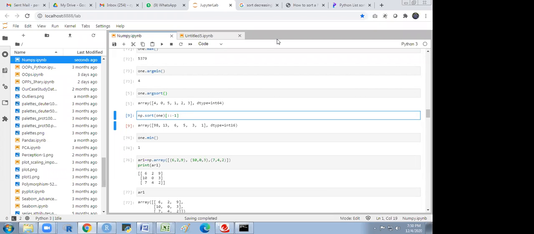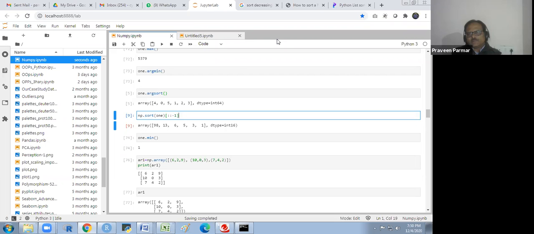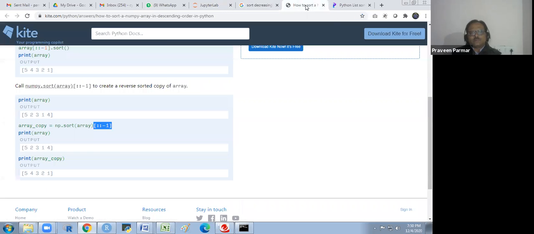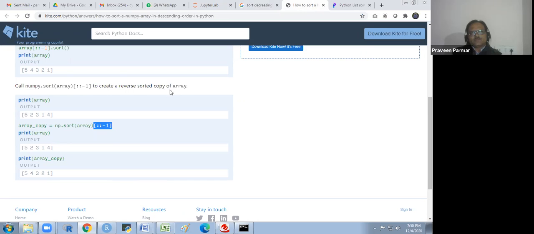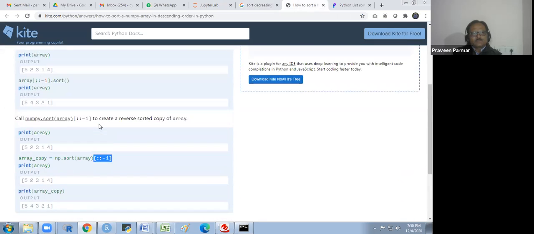So what does the double colon indicate? It indicates, because we have seen that here, I will show you that. To create a reverse sorted copy of the array, numpy sort array, double colon, and that is indicating that.